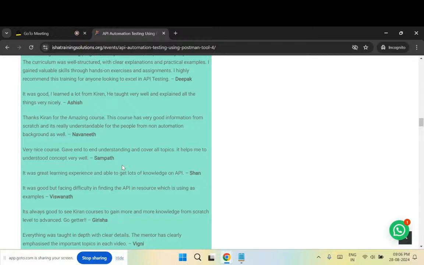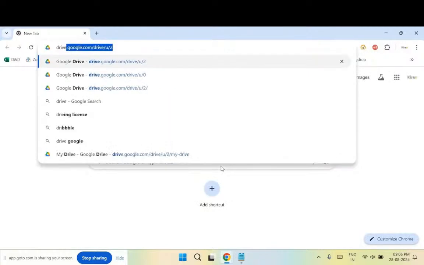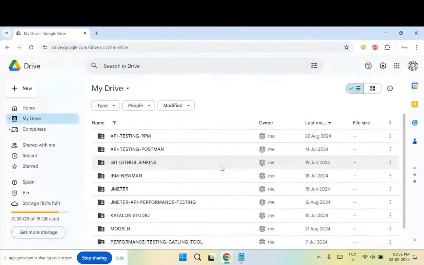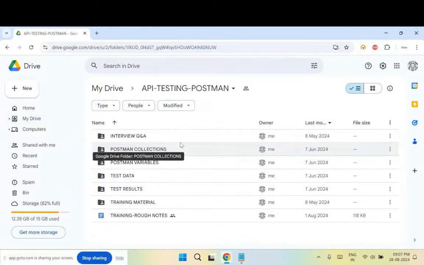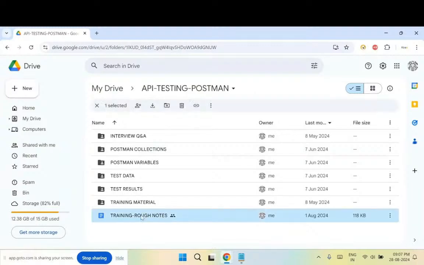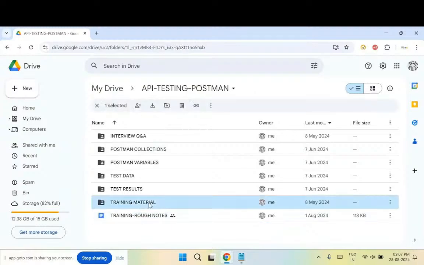I will also take care of giving you the training material, which will be very detailed documentation material. I'll quickly show you how my material looks. Here you see a folder called API testing Postman, and this is the kind of material you will get. Here I will be writing all my training rough notes, and inside training material you get whatever I'm teaching you.